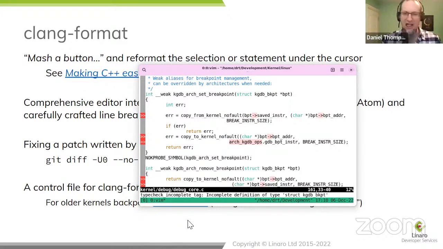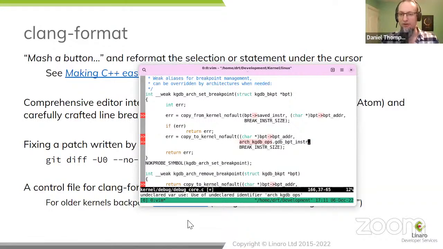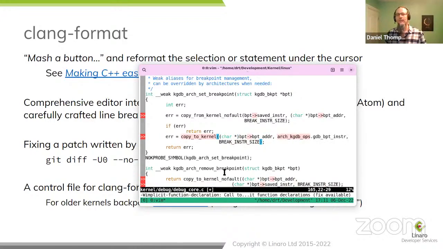structured. And if I just press tab in my editor, this is a vi editor, so it's modal, or I press whatever hotkey I've used for the Clang Format adaptation, it will automatically fix it. It's literally just moved it up to line up with the brace. And I can do that to other things as well. This one isn't able to bring the second argument onto the top line because it would hit the right margin. So it has lined the two up like that. But if I were to change the no fault back to a simple copy to kernel and ask for it to reformat, it will flow around.